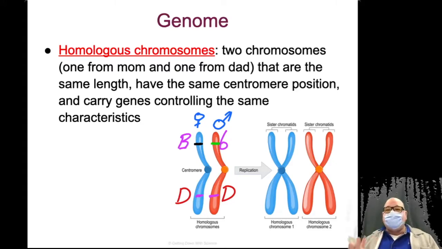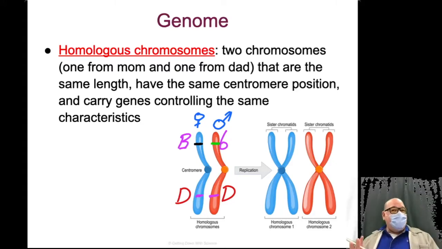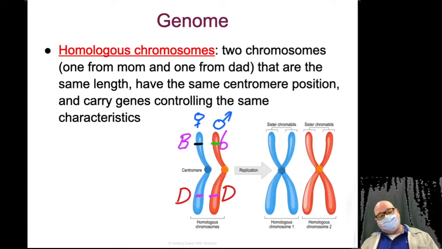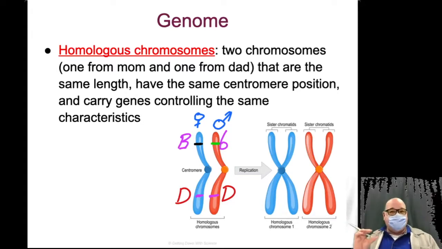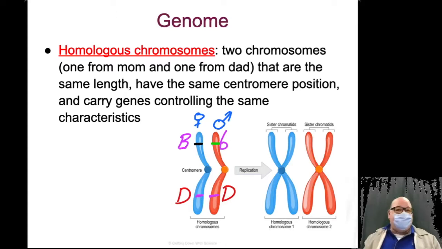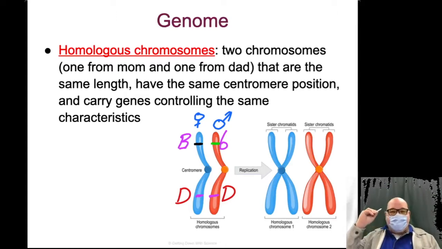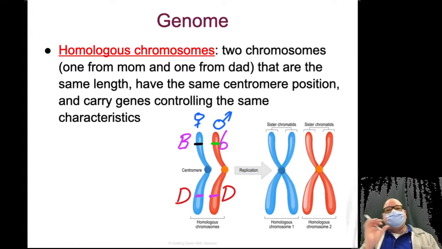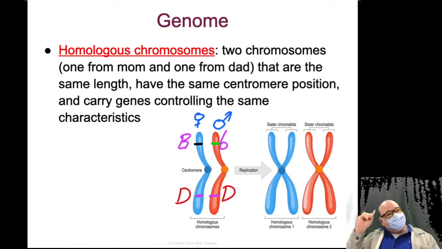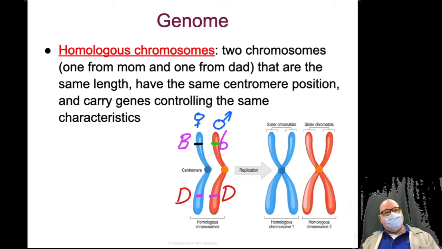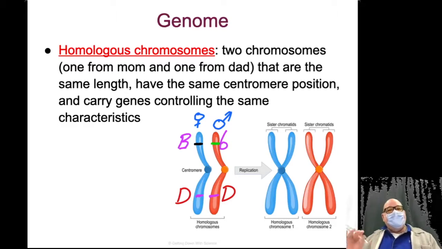A way to think about this is, in Ohio, everyone's driver's license has the same information in the same places. Okay? There's a place for your picture. There's a place for your name. There's a place for your weight, eye color, and all that stuff. And it's the same on every driver's license, what's on it. But there's different information. Okay? So think about it like that. Homologous means everything's in the same spot, not everything has the same info.